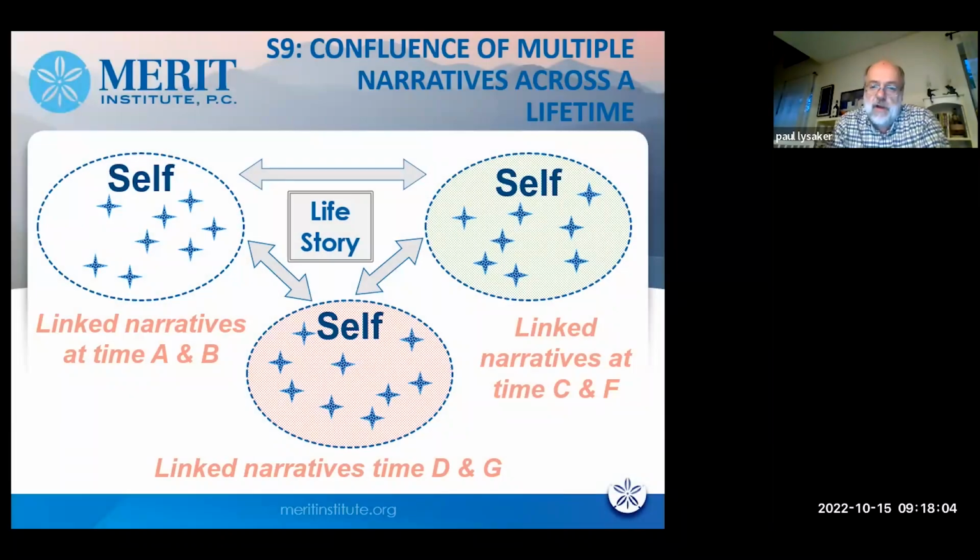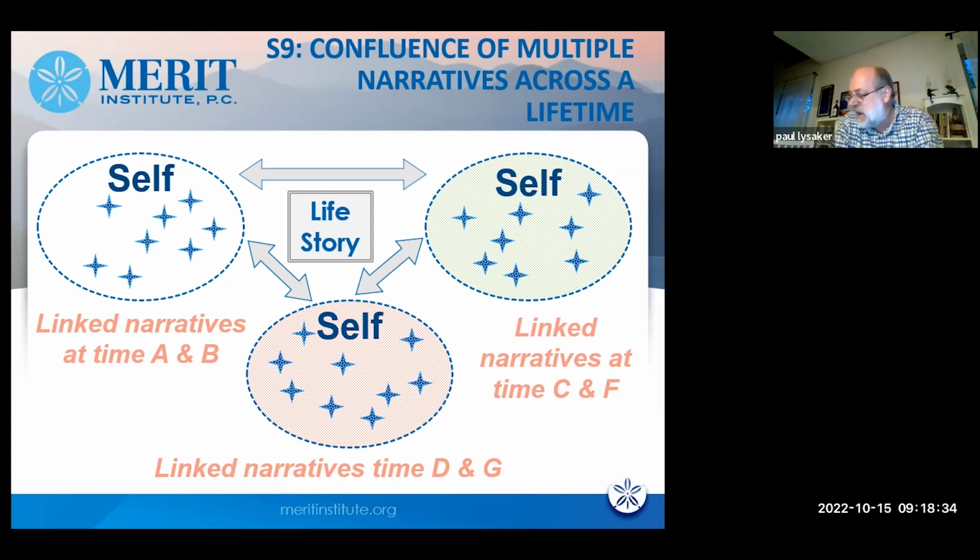Here you have a life story. There's a picture of who you are. If it's Tom thinking about himself, there's a story of Tom's life. There's a self in which there have been certain themes that happened at times A and B in his life, and other themes that happened at times D and G, as well as other times in other areas. Somehow all these complicated things fit together, and that's the person who Tom is. That's who he is, and that's what someone is doing at 9.